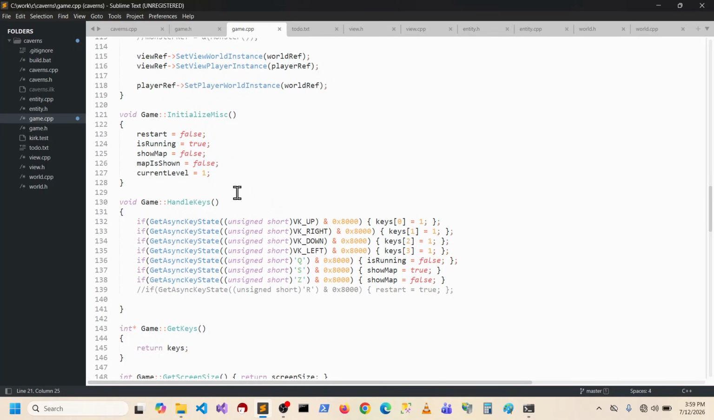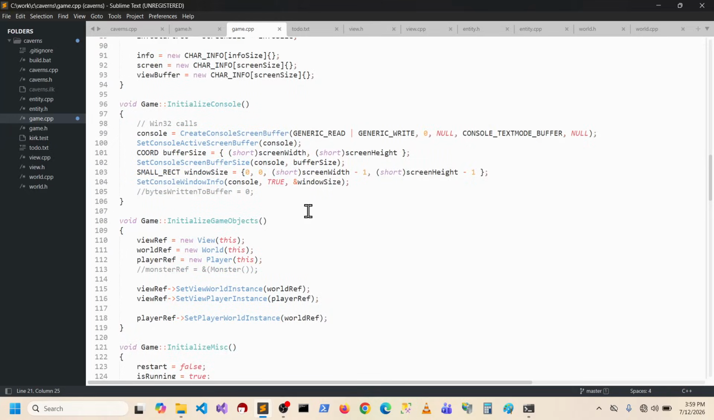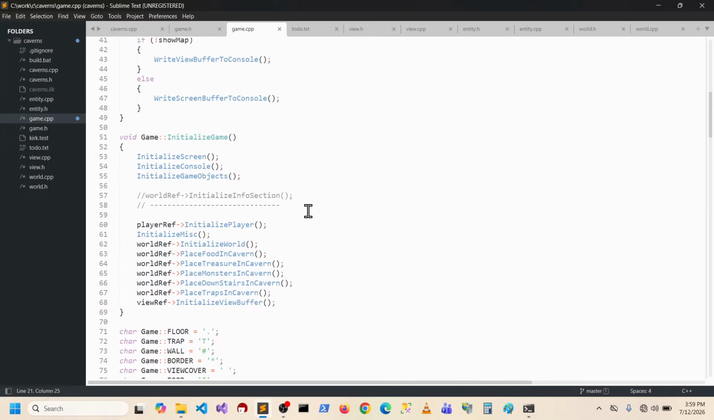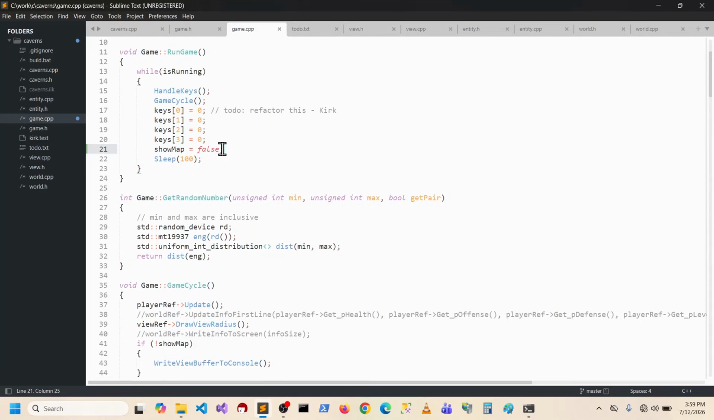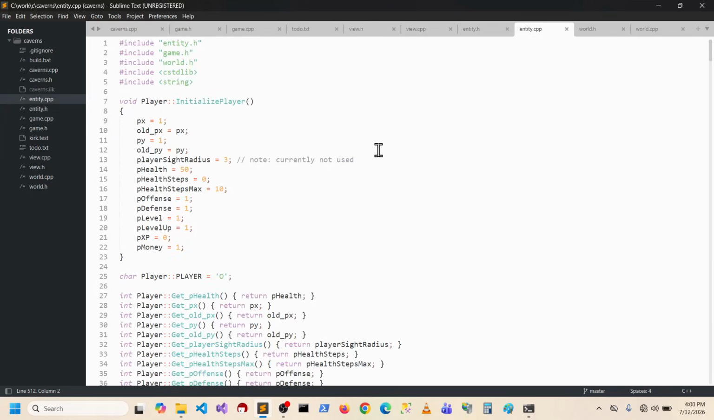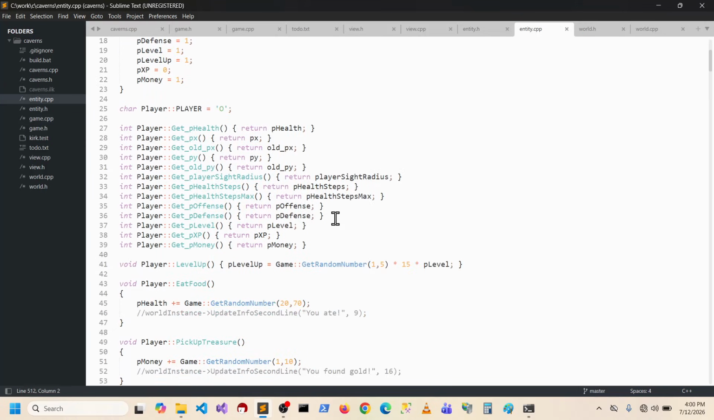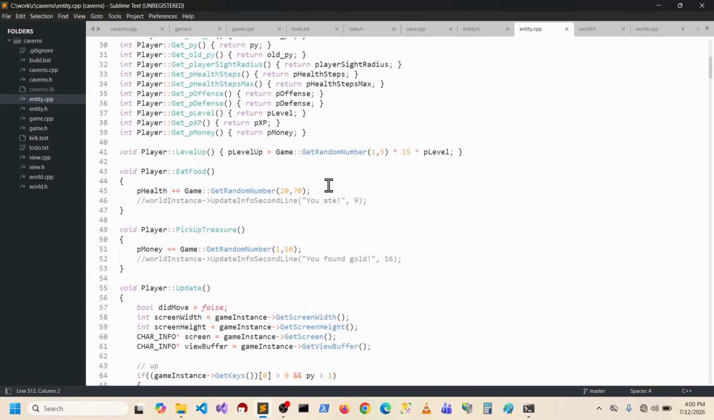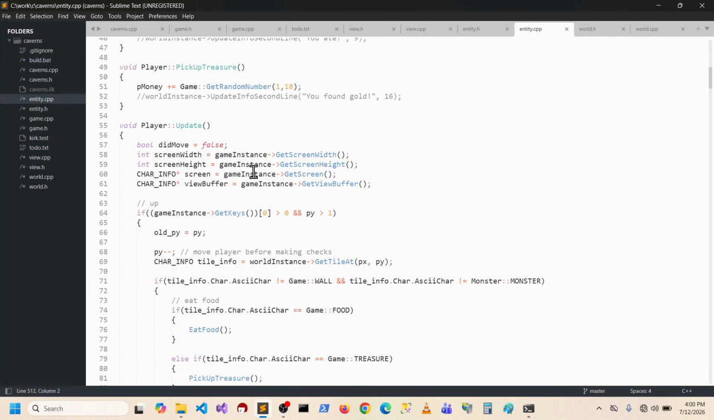I don't know if I want to put it in handle keys though. Because you want this run as fast as possible. You don't want to do a whole bunch of crap in this. So, besides that, we don't need to do this anyway. Let's just do it in player. So show map, let me see here. In our update. Now what we could do here is